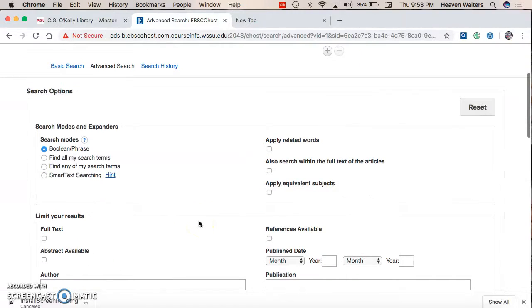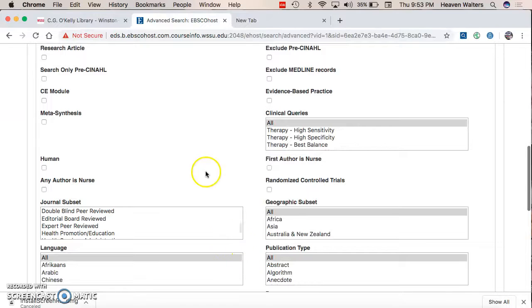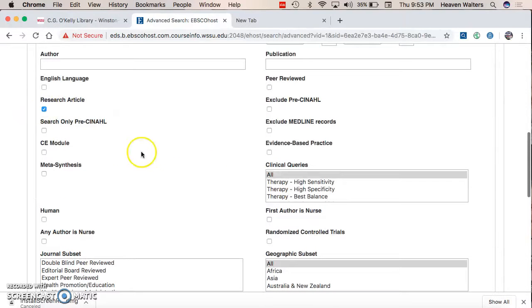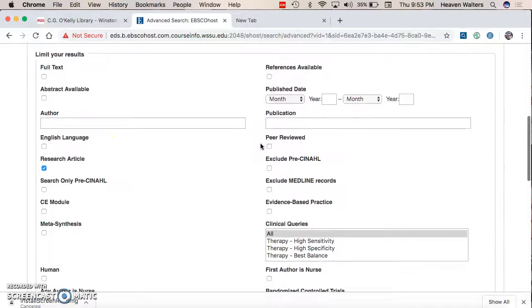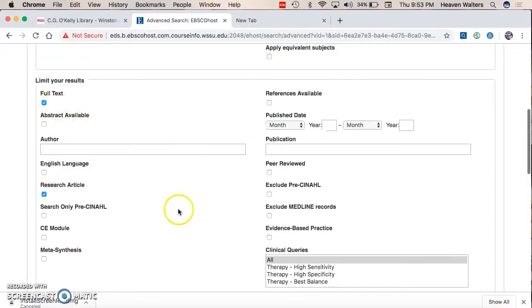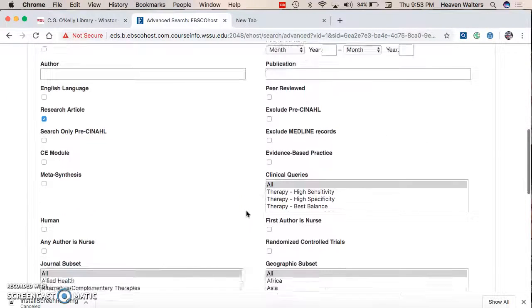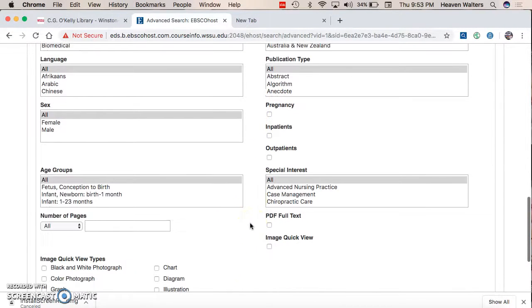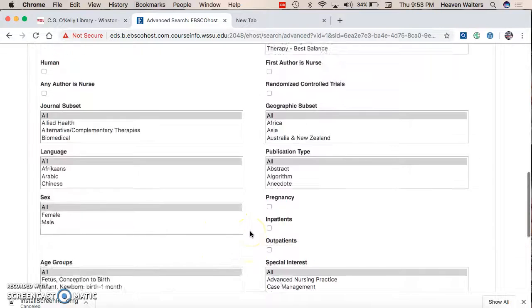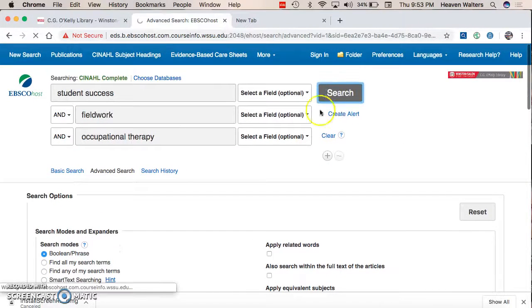To narrow down the search even further, you can scroll down and make sure it is a research article. And I like to click full text to make sure you can access it. You can narrow down more options as well, as you can see: language, publication type, age, even age groups. So those things could be helpful as well. Click search,